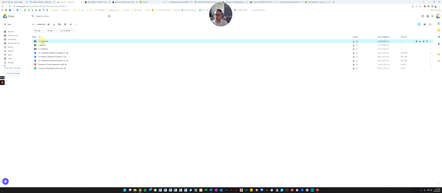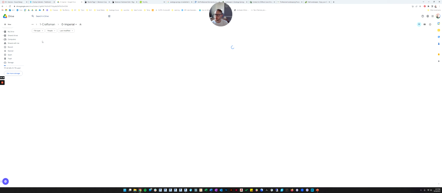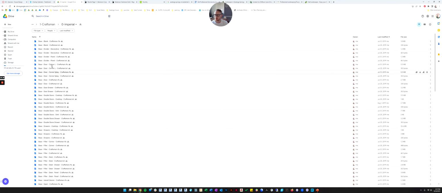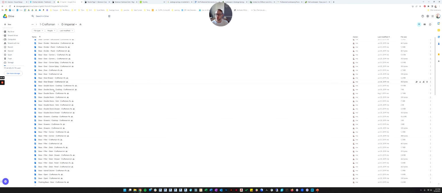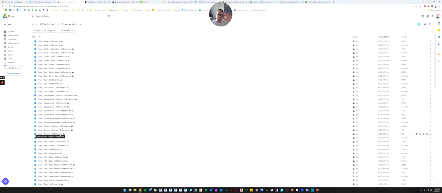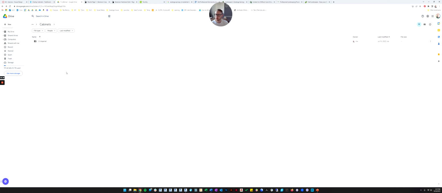If you click on the style you want, you can then download all these different families. There's a corner cabinet, a base cabinet with a sink, a cabinet that's all drawers, a tall cabinet, a cabinet with an oven in it, a cabinet with a microwave, like all the stuff you could want when you're laying out a kitchen. There are also the wall cabinets that you put above the base cabinets. So you'll want to come in and get those.